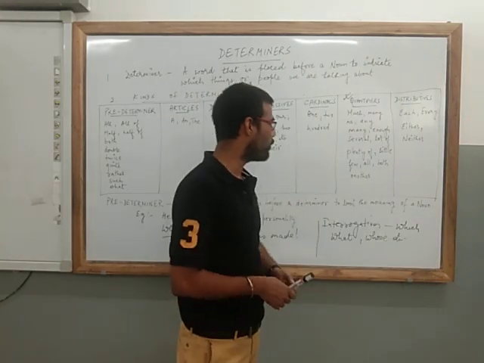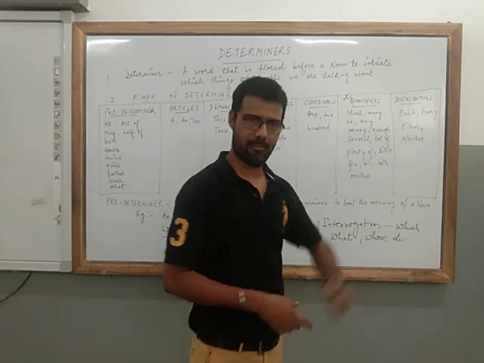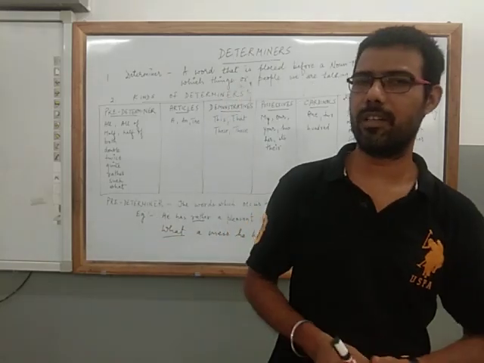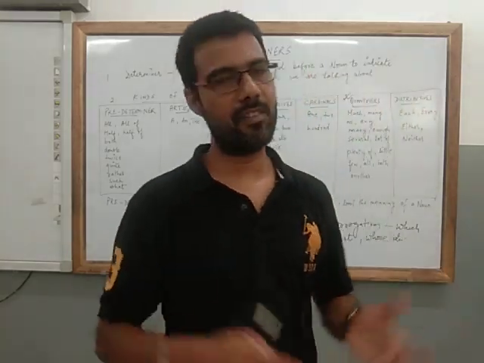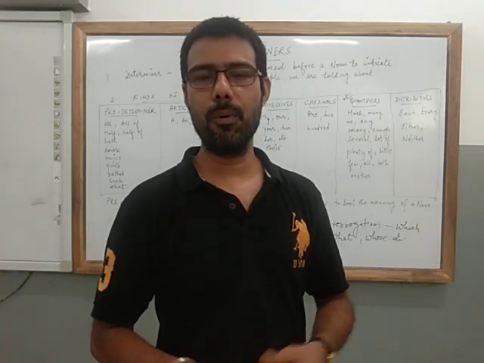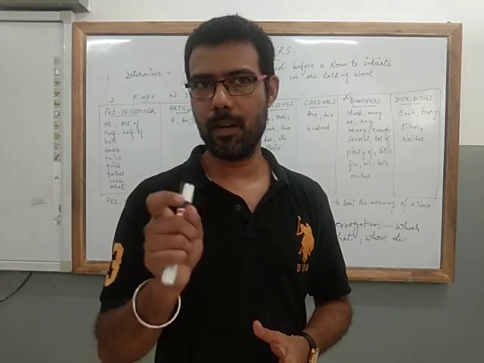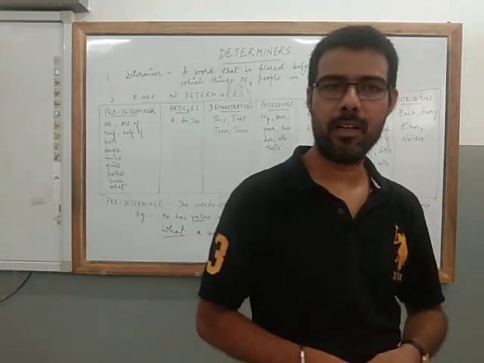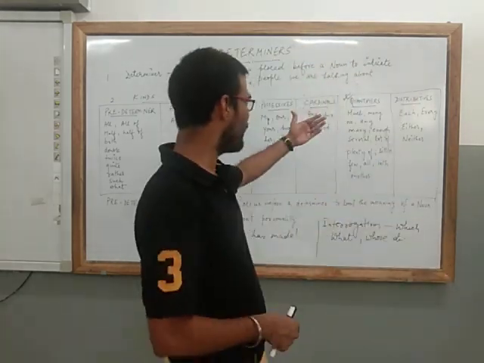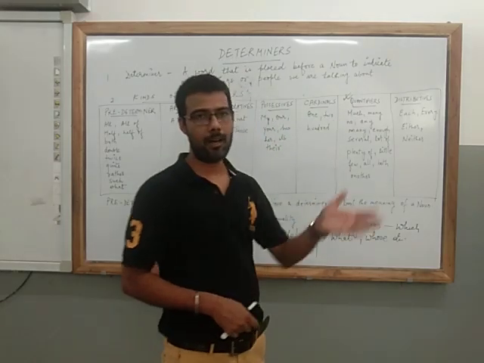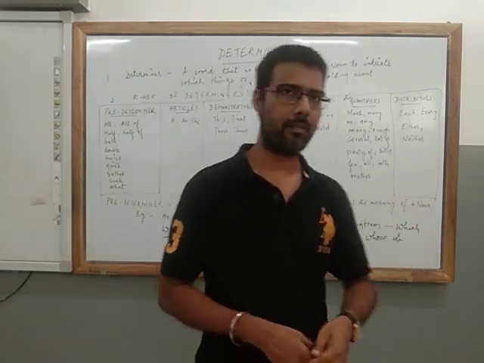Similarly, when I talk about few and little, few is used with countable, whereas little is used with uncountable. Few children attended my party. Children can be counted, thus I have used the word few. So children, if these words are followed by a noun, it is a determiner.